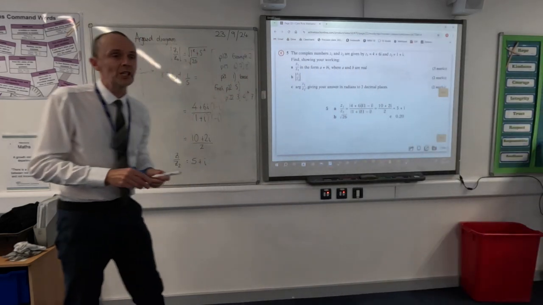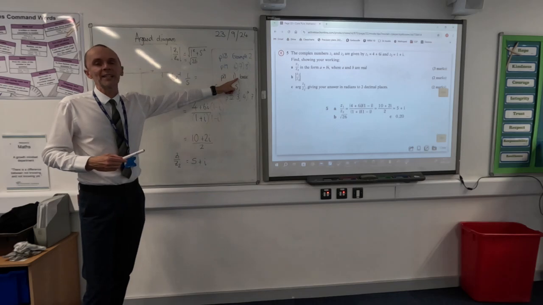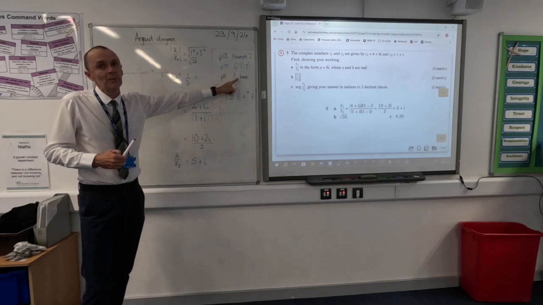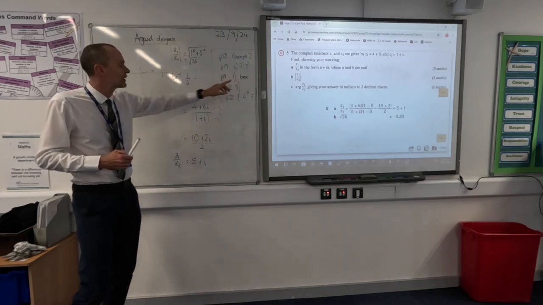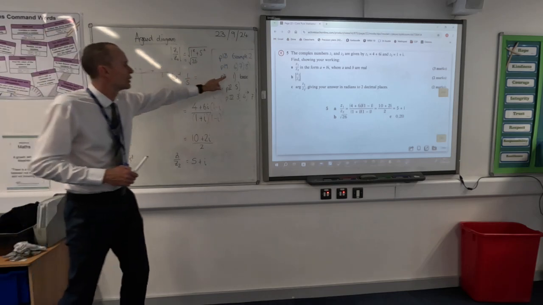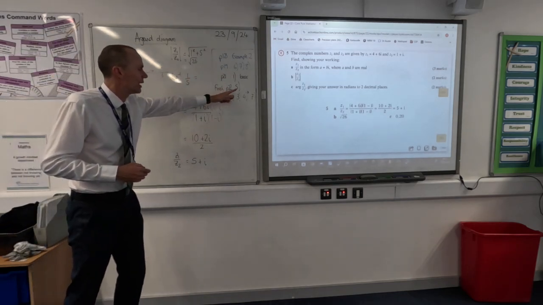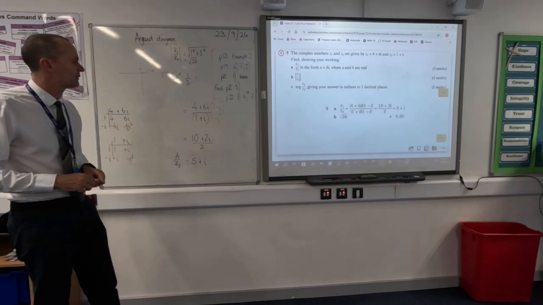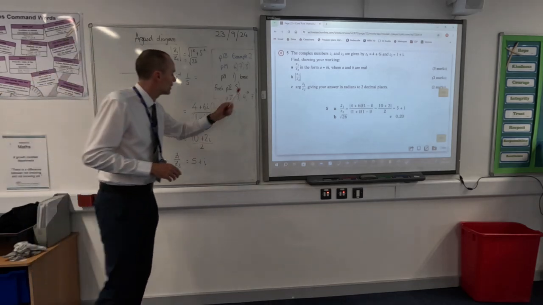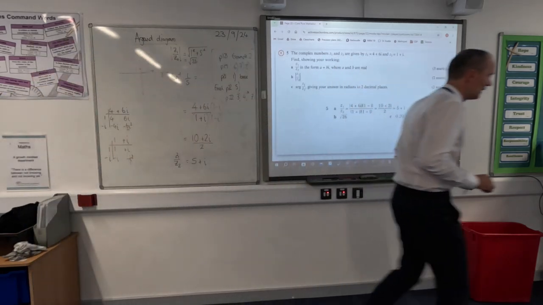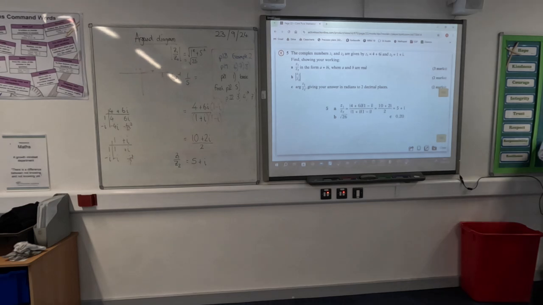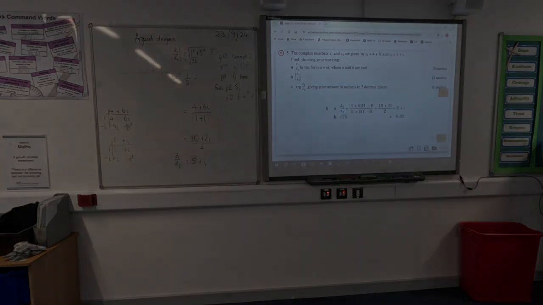This is my suggestion. This is lots of practice of finding modulus and arguments. So skip it if you think you can do it. But if this has all left you a bit lost, then that's a good question to go through. We finished that one, but if we've rushed it a bit, you might want to finish it off properly at home. And we'll go through 22, question 4, and make sure you change your calculator back to degrees. Because